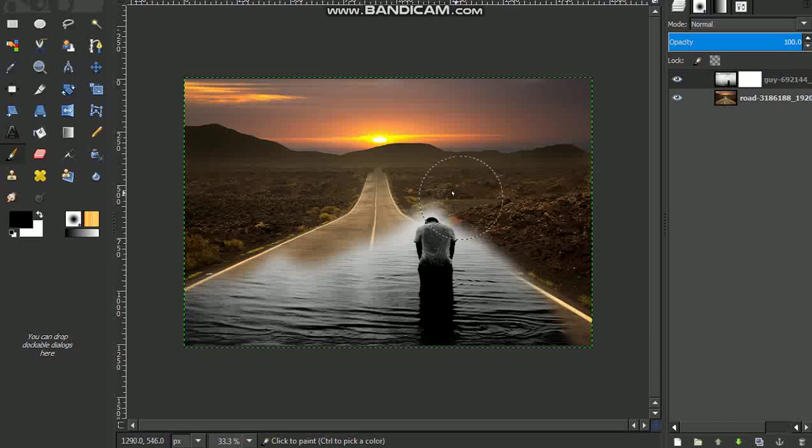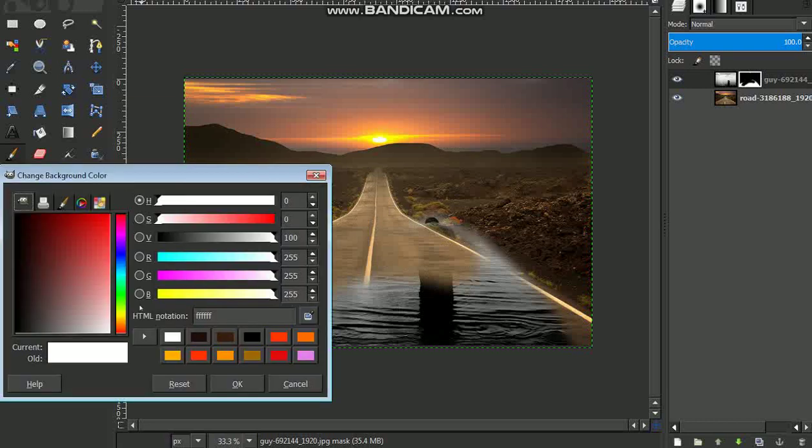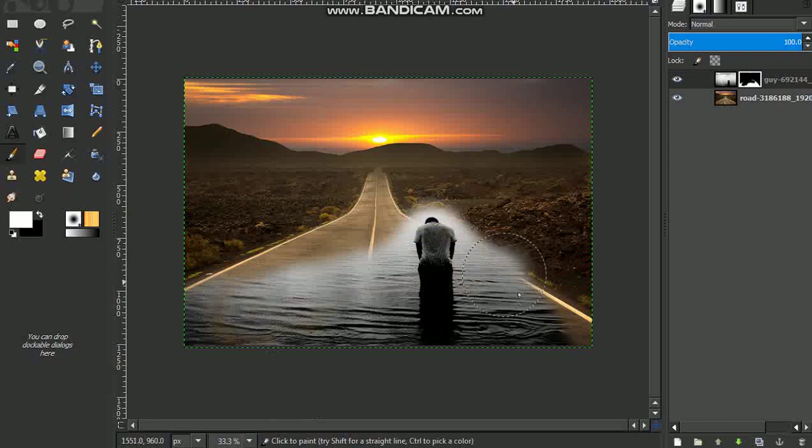The benefit of adding a layer mask is this: as you rub this one accidentally, you can bring it back by reversing the color, by choosing white. You can bring it back like this. Okay,